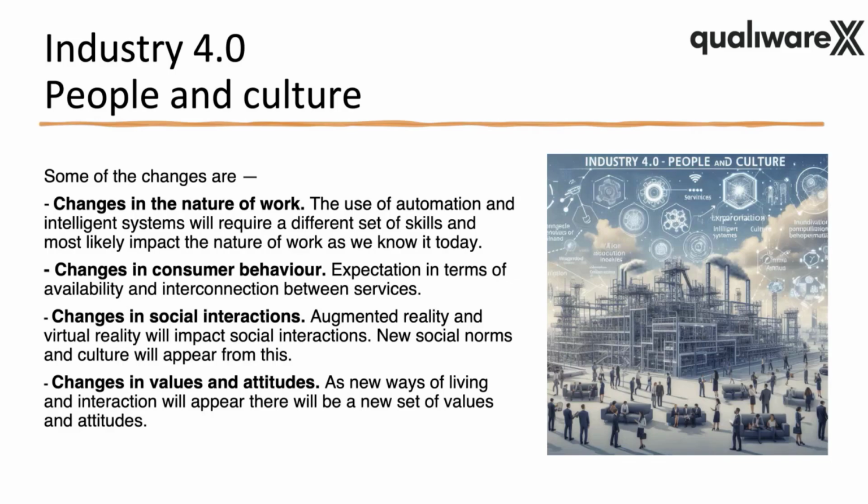Social interactions, right? If we add this layer on top of everything we do, well, we have the technical aspect of this, the augmented reality, and we can meet in a virtual environment, but it will impact our social norms as well, right? And we can see that slowly evolving. It's what you can and cannot do when you're online, what you can and cannot say. So there's a lot of things that'll impact the way we will do regular social interaction with each other.